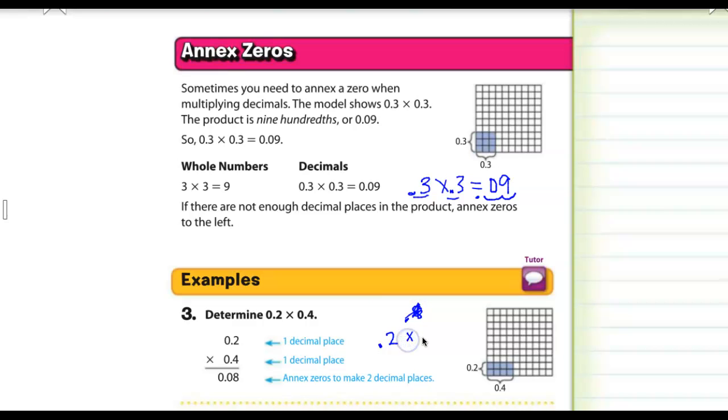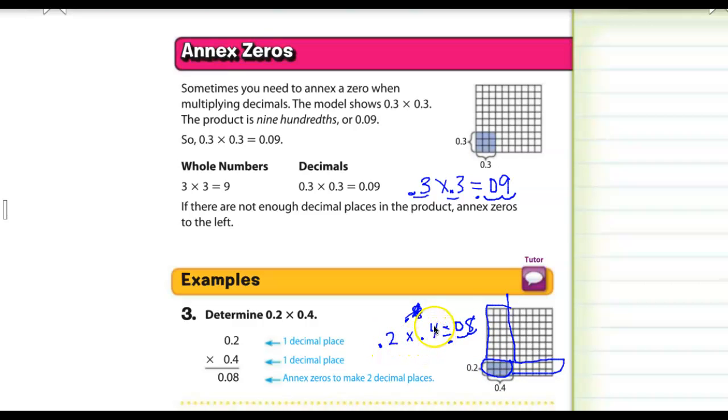2/10 times 4/10 equals 8, but then you do the 2 decimal place values, you're going to end up with a 0 here. And as you can see in the picture, 1, 2, 3, 4, 5, 6, 7, 8. The actual 4/10 is this whole area right here. 2/10 is this whole area here. So the only part that overlaps those two arrays is 8/100s, excuse me, which is way smaller than 2/10